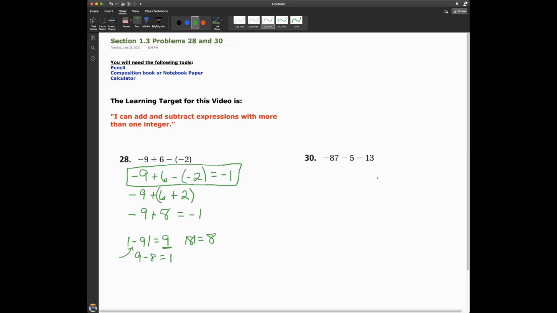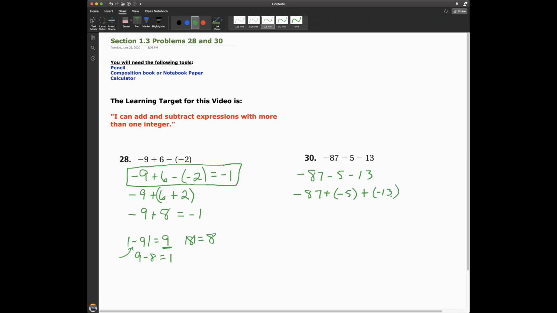Okay, so let me look at another problem. Again, same process. Let me write this down: -87 minus 5 minus 13. Some of you will go in this first step and add the opposite, and that's fine. I like to write the problem down and then work with it. It helps me get my mind in the right space. So let me add the opposite. Plus -5. And then this becomes plus, I'm going to add the opposite again,